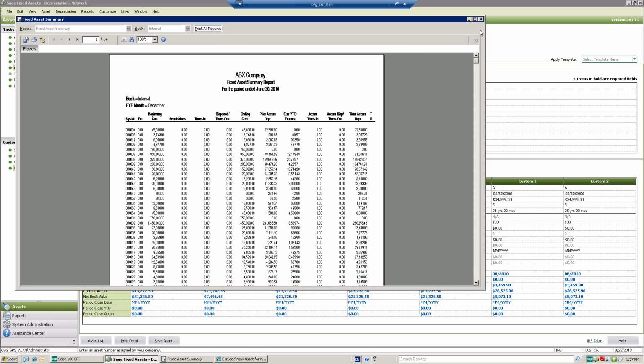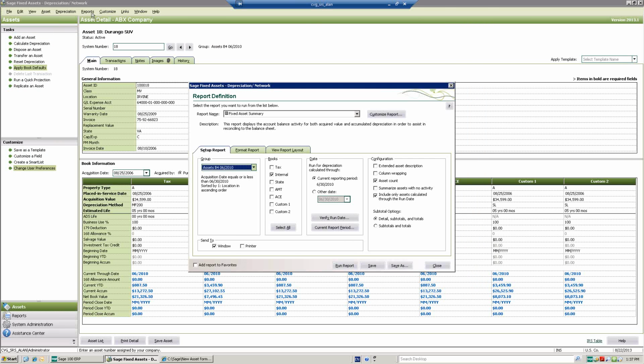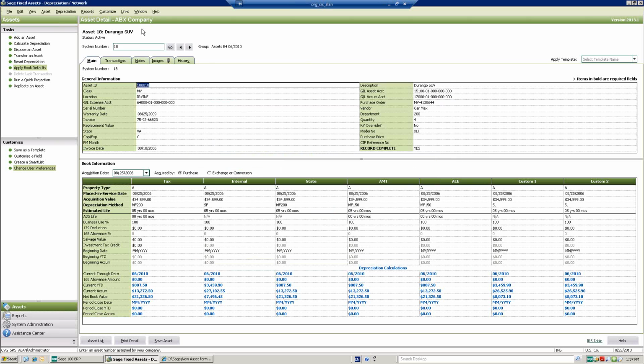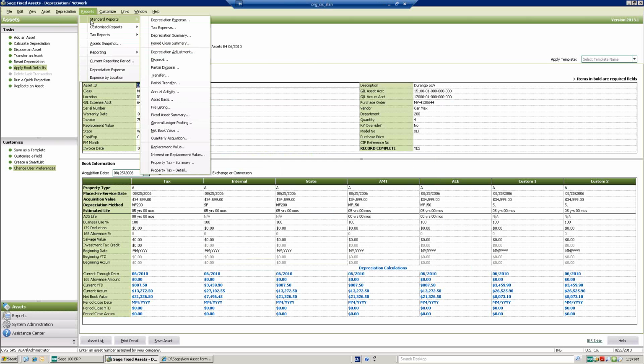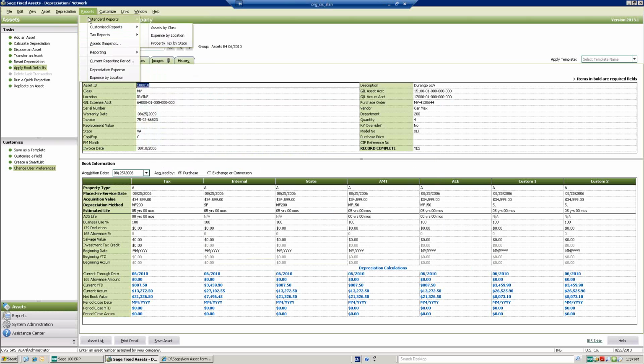So here's an asset summary report for that, showing similar information that was on the expense report, all this current year-to-date expense and total accumulated depreciation. So I'm not going to show every report because there's a long list of reports that are available. But I've got reports that are available for internal or external, AMT, sales of property taxes, ITC, if I've got assets involved in ITC, right? So